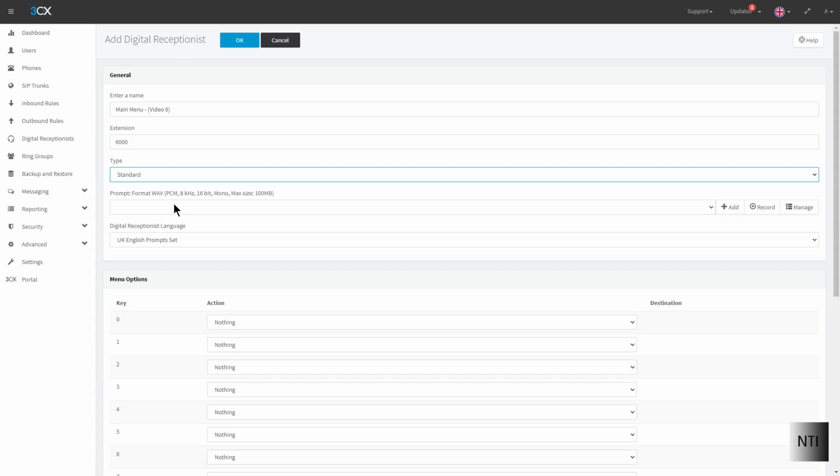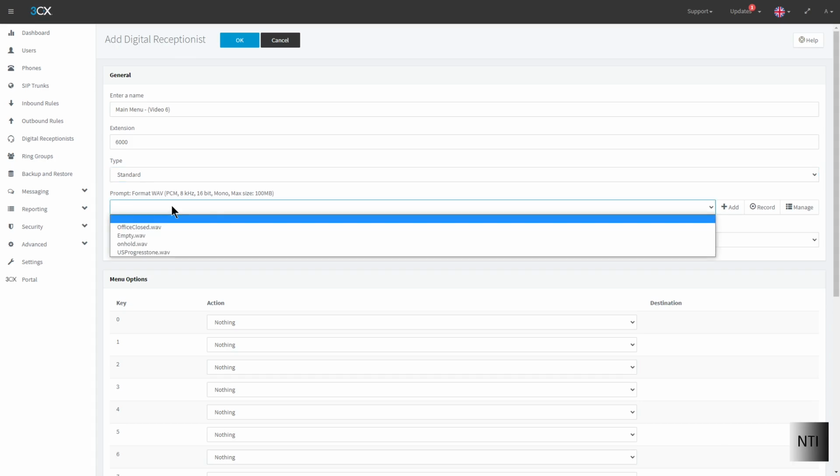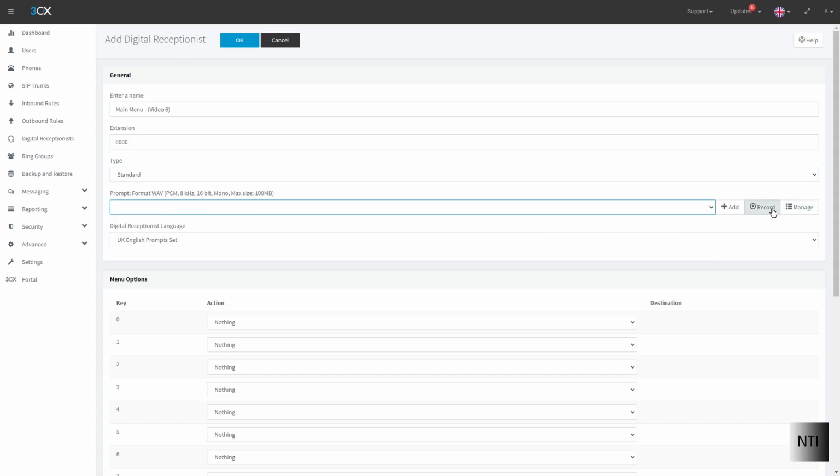A prompt is essentially an audio recording that is played when you join a digital receptionist. So if you were to call up a company and it says press 1 for sales, press 2 for support, press 3 for the rest of that, the prompt is that recording. Of course, I'm going to be making 3 options. So in order to do this, I'm just going to click record,